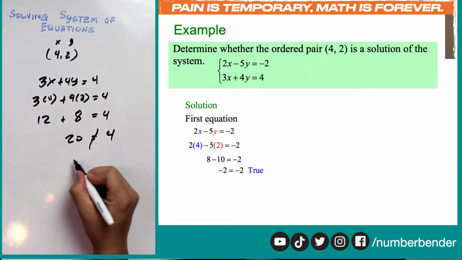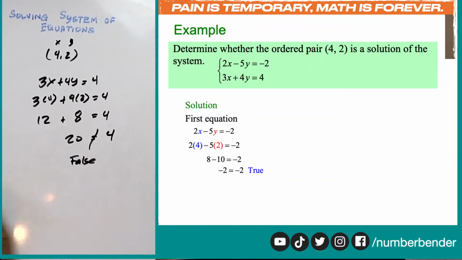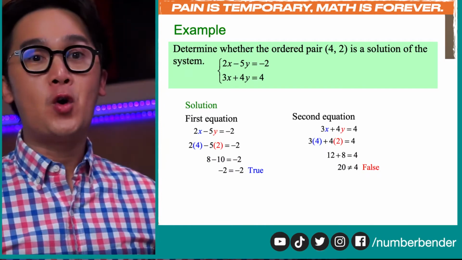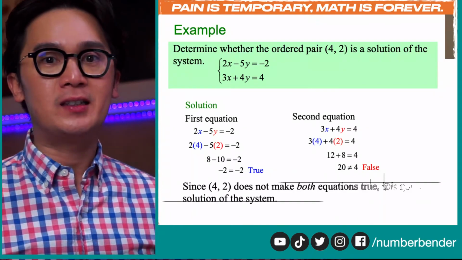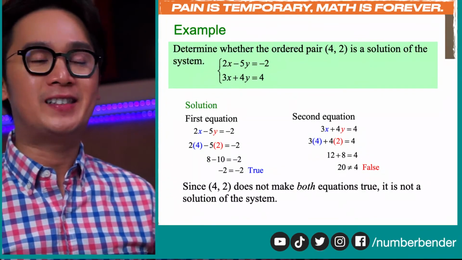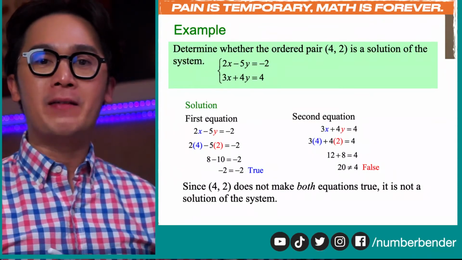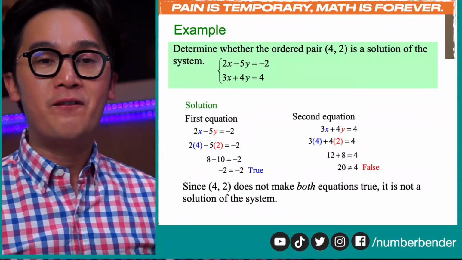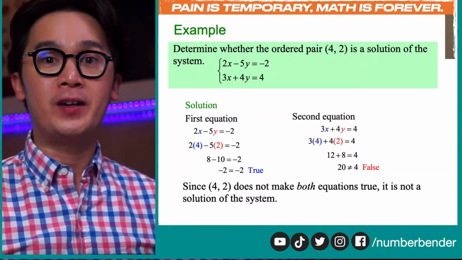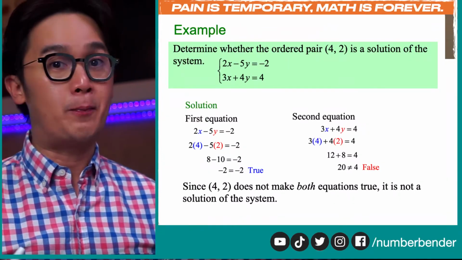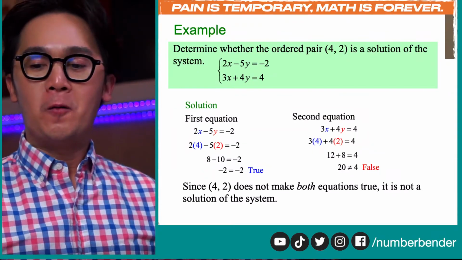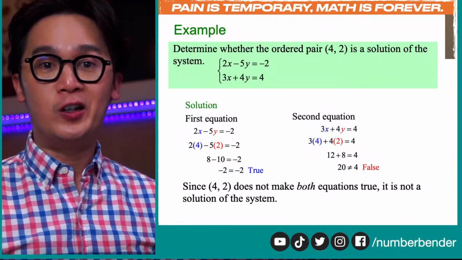So that means this is a false statement. And when that happens, we know that 4 and 2 is not a solution of the linear system because we need to have both lines to have a consistent answer for us to verify if the given ordered pair is indeed a solution or the point of intersection of line 1 and line 2. Now that we're able to learn how to verify our solution,